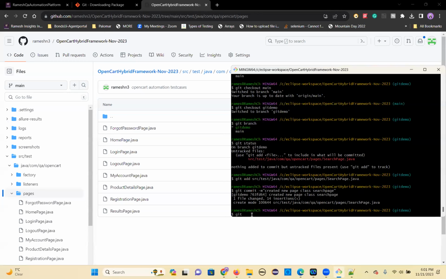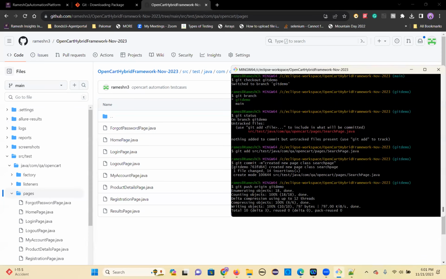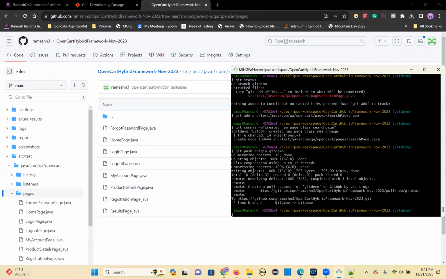Git add, git commit, git push. Now you can push your changes to remote. Git push origin git demo, right? See, now it reached the